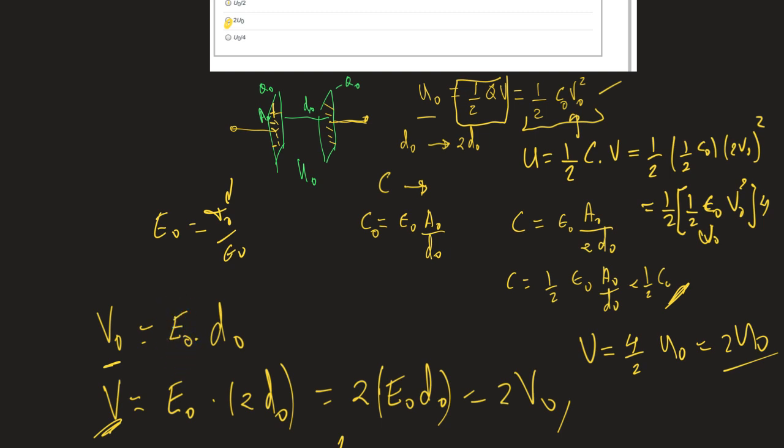The old electrical field is equal to the new electrical field. Even if you change D0 to 2 D0, the electrical field will not change because the area of the plates and the charge of the plates have not changed. So in this case, the change in potential will be E0 by 2 D0, which is 2 times E0 by D0, 2 times the difference in potential. As a conclusion, the potential doubles when you change the